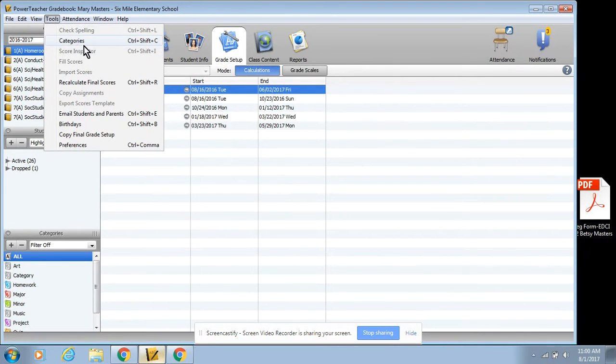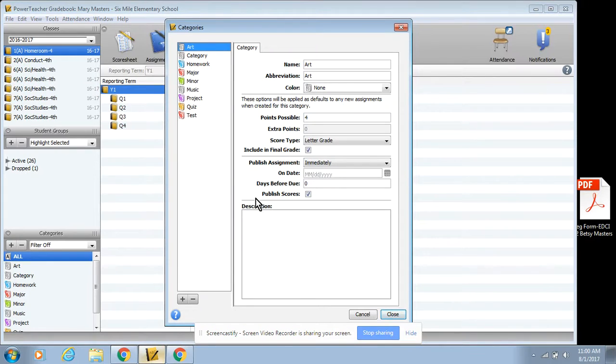Your next step is to go back to Tools and go to Categories. For most of you, if you're a veteran teacher, you're going to notice that you have what we used last year, homework and test. This year, we're going to go back to using major and minor. So you're going to need to double check and make sure that you have a major